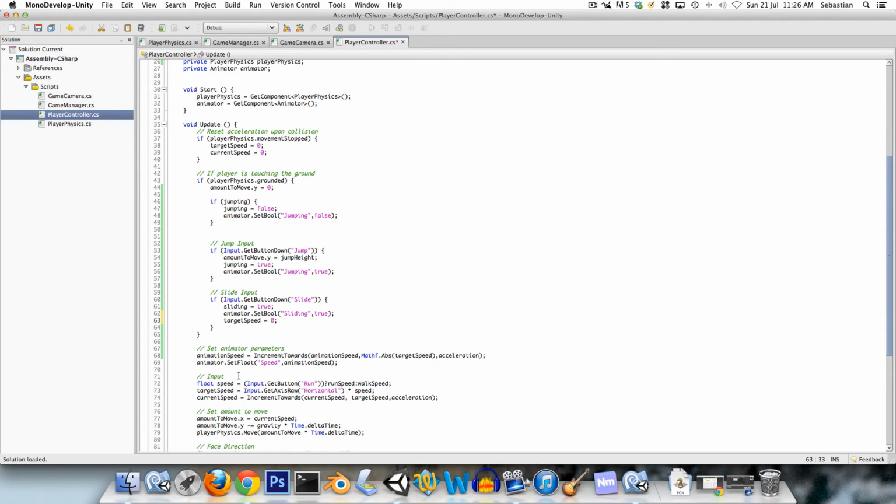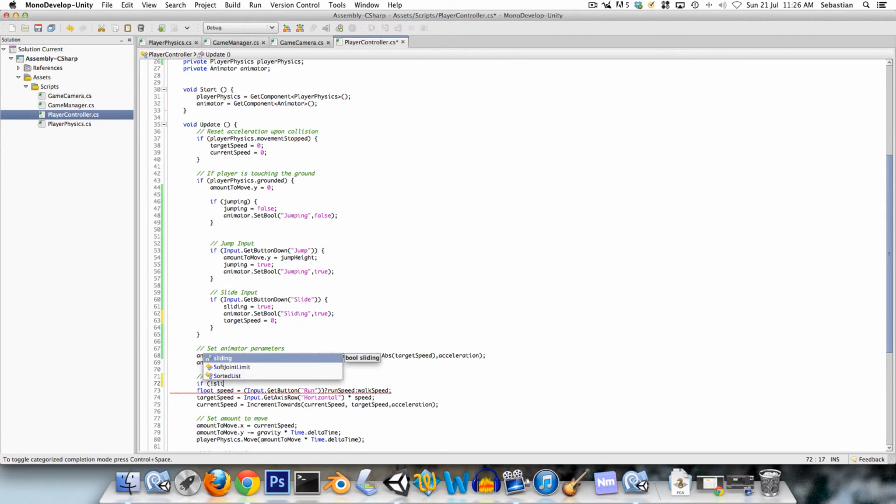Okay, and while you're sliding, we're going to make it so that you can't actually change your direction or your speed or anything. So in this input here, we're going to say if not sliding, and